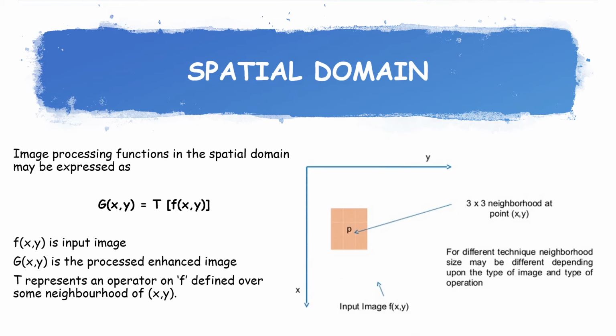Now this diagram gives you a clear picture of a 3 cross 3 neighborhood about a point (x,y) in an image. Here the center of the sub image is moved from pixel to pixel starting from the top left corner, applying the operator at each location (x,y) to give the output image g at that particular location. The sub image that is considered may be a circle, square or a rectangular array. Now to consider a simpler case, let us consider a neighborhood pixel.